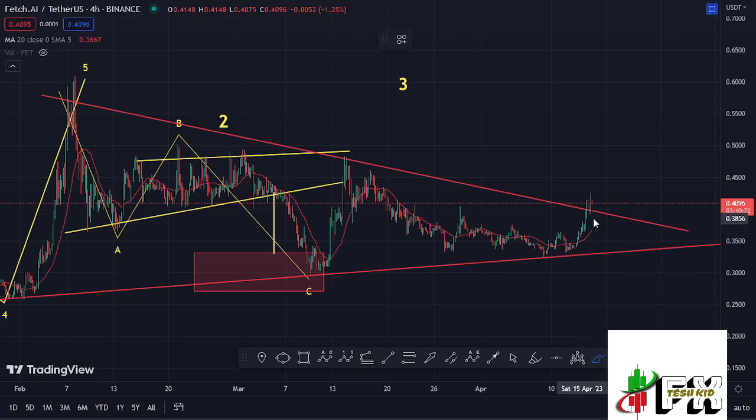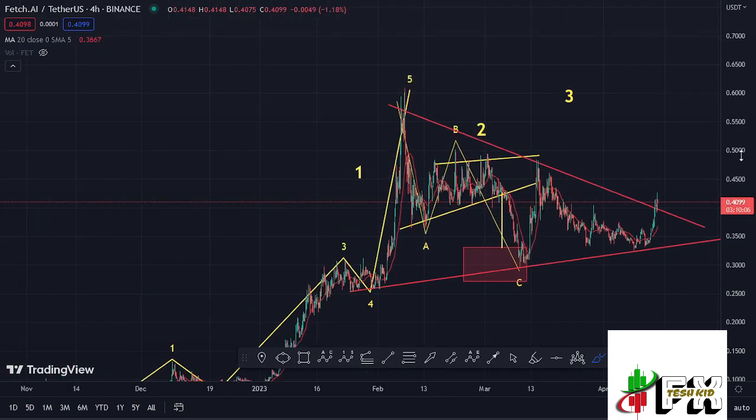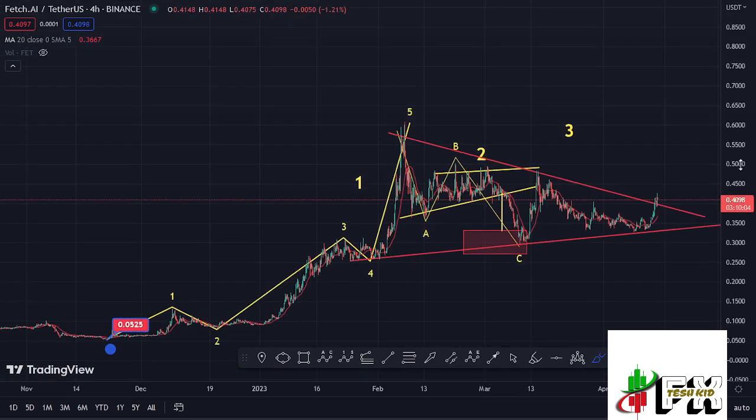Fetch AI price prediction update, which at the time of this recording is holding above the 20-day MA here on the 4-hour chart, which is now acting as support for us to continue gearing up. We are also seeing a breakout out of a bullish pennant here on the 4-hour chart to the upper side. We have also continued to obey the Elliott wave structures, where you can see that after seeing our low at around the